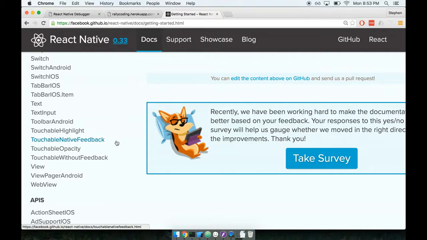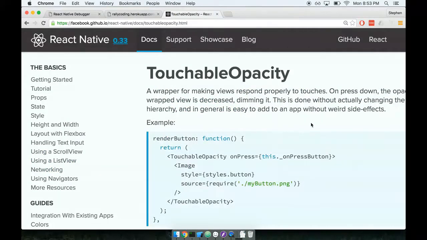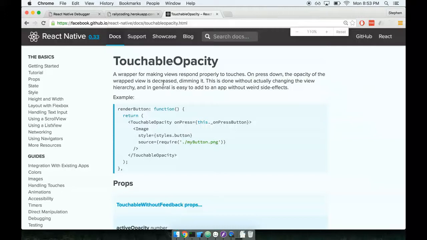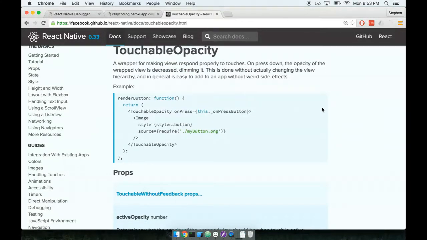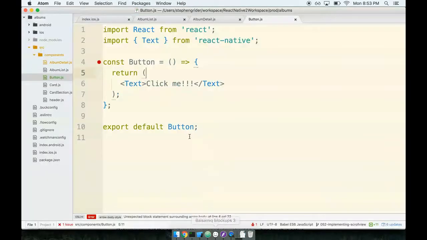So for our app, we are going to be using the touchable opacity, but again, we could use any of these things and we would do just fine because they are all just buttons. That's all they are. So with the touchable opacity, again, it means that whenever a user taps on this thing, the opacity of the wrapped view is decreased, kind of dimming it. That's all it is. All right, so we are going to add in the touchable opacity, and then we're just going to add it to our render method, add it to our component, and just see what it looks like,